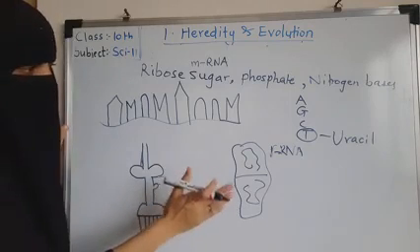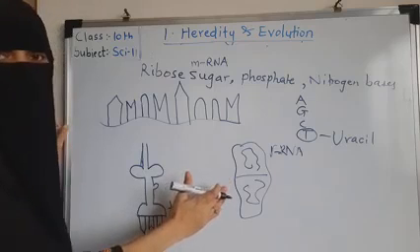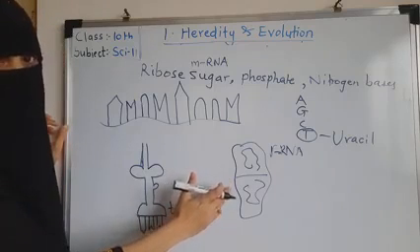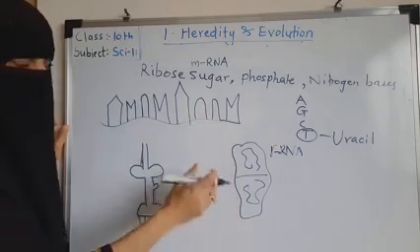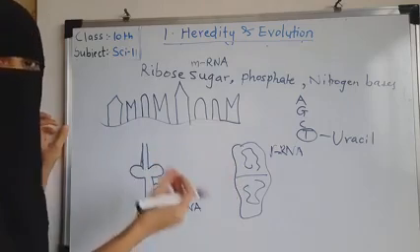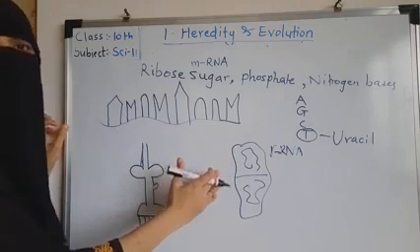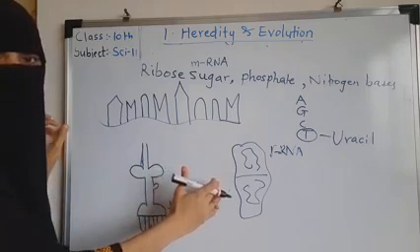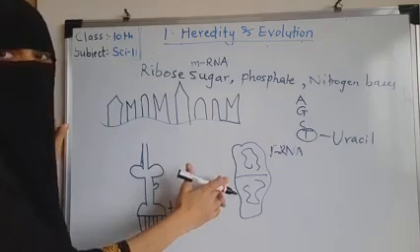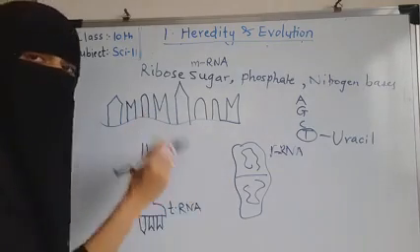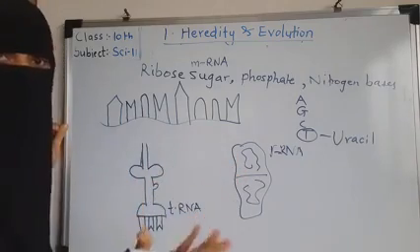Now see here, ribosomal RNA. The name itself suggests what it means. This molecule of RNA is a component of the ribosome organelle. You know, one organelle is ribosome, and this molecule is a component of the ribosome, so it is called ribosomal RNA. And these ribosomes perform the function of protein synthesis, which is required for the working of our body, right?